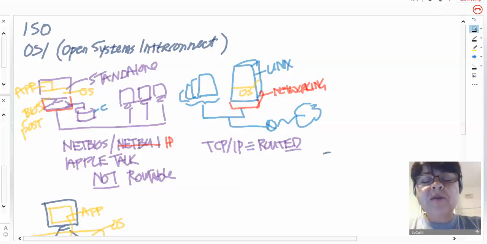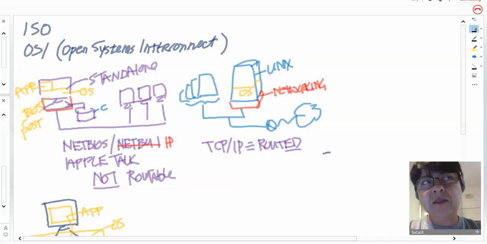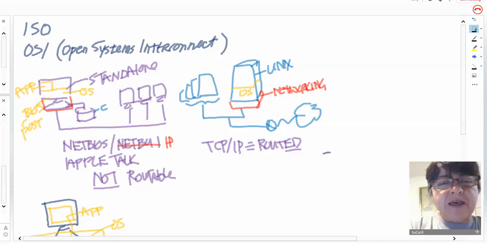The reason I'm talking about that is because with the OSI, people sometimes get confused about where OSI is situated. It's not above the operating system. It's below, supporting the operating system in making it network aware. That's all. On top of that, the OSI layers have 7 layers, of which the very top one is called